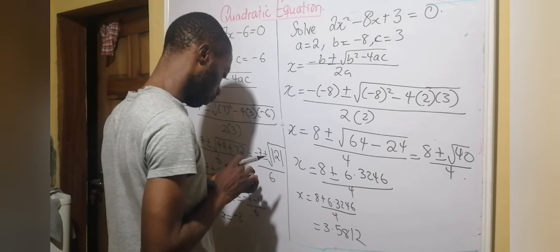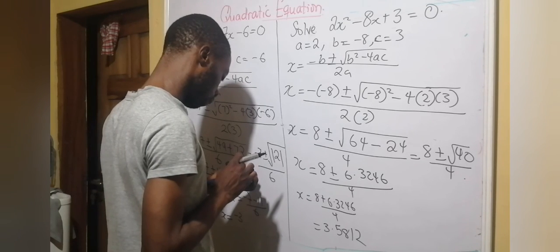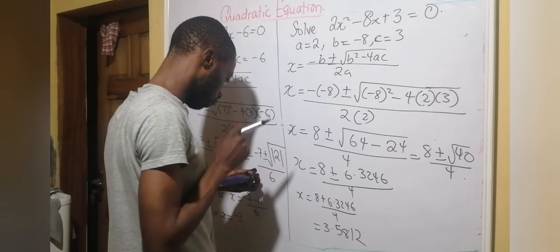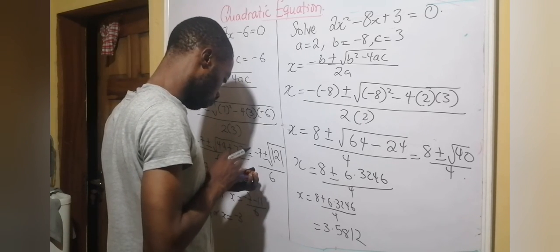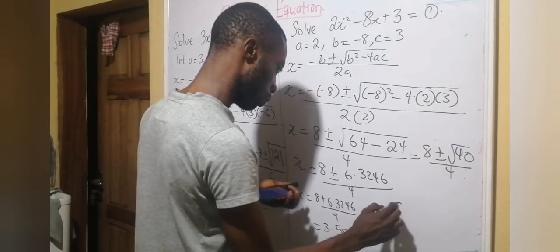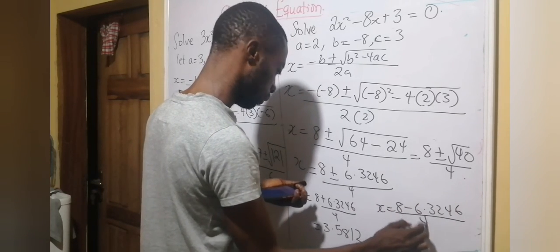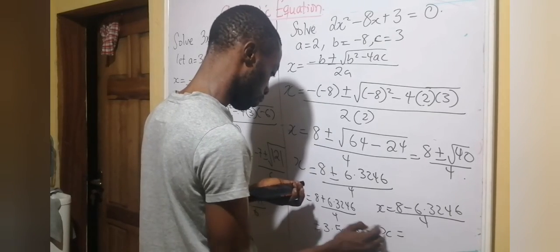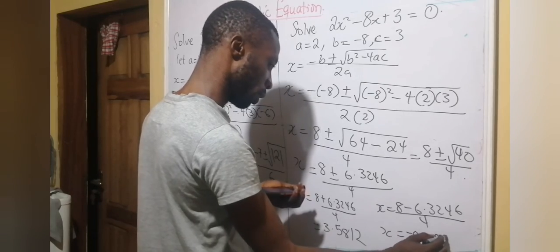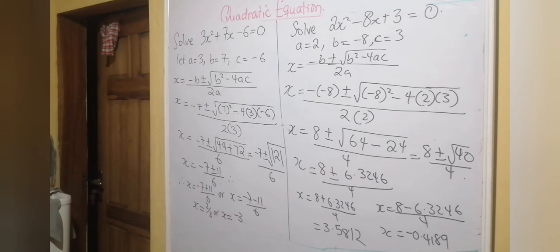The other one. We have x equals 8 minus 6.32 over 4, which is equal to minus 0.4189. So that's how to solve it. It's as easy as that. You just need to look at it and